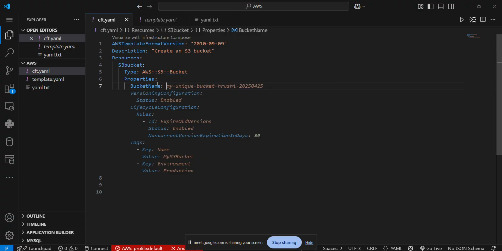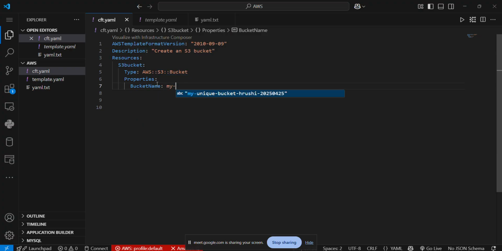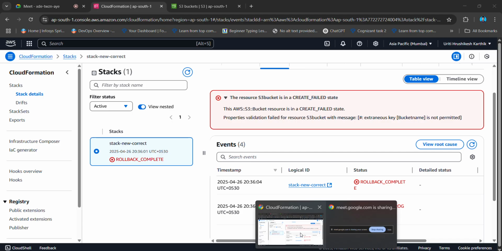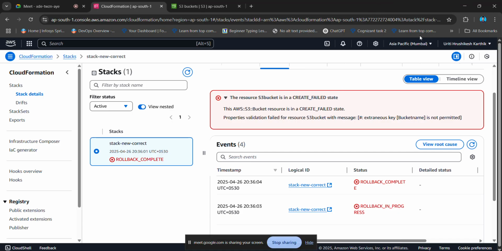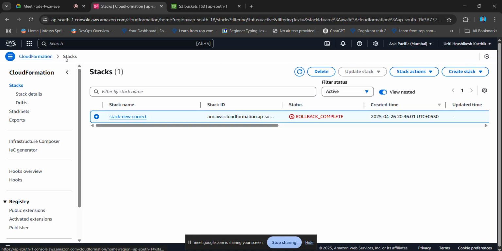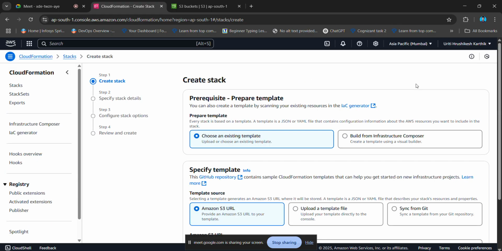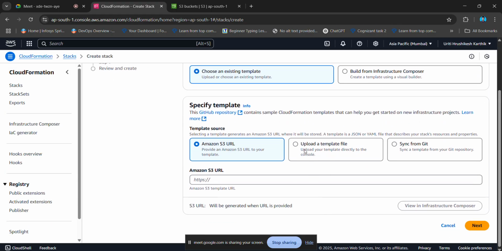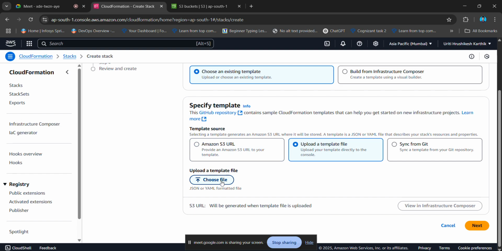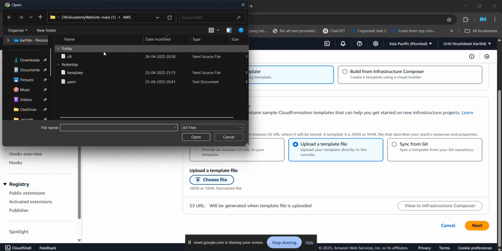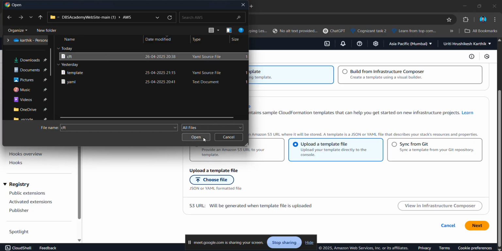Okay, I'll name it my new bucket today something. Okay, now I'll upload this file. It should work definitely. Stacks, create stack. So quickly I'm going quick because I have shown this all process previously. CFT,